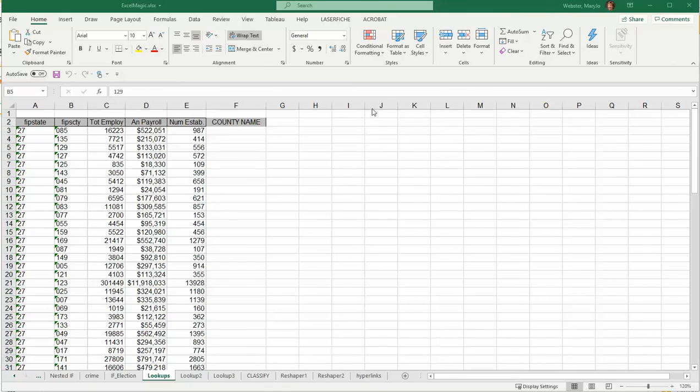So this exercise is going to show you how to join two data sets together in Excel using the VLOOKUP function that is built into Excel. The reason you might need to do this is if you have a data set that needs something added to it. So for example, this is a few fields that come with the county business patterns data from the US